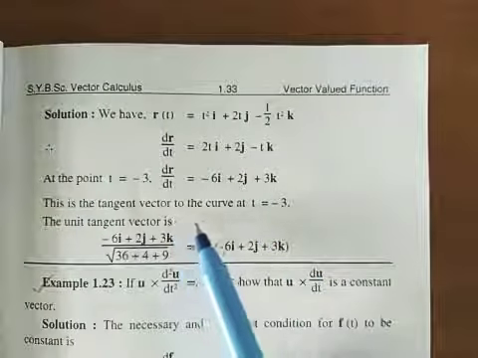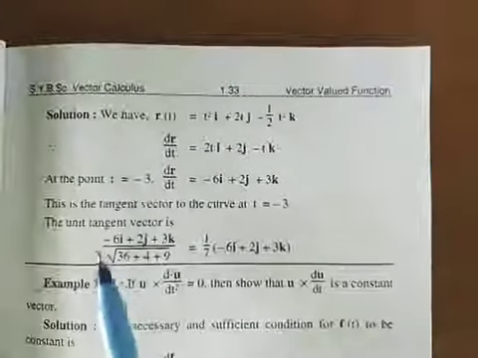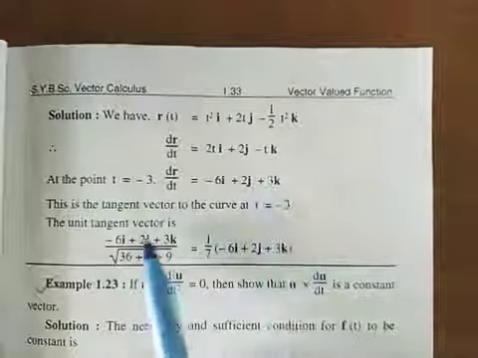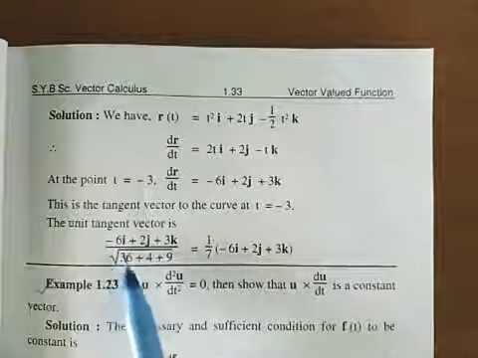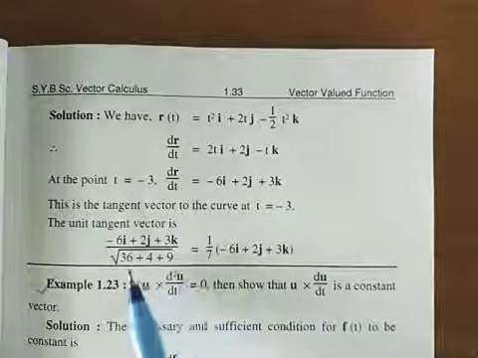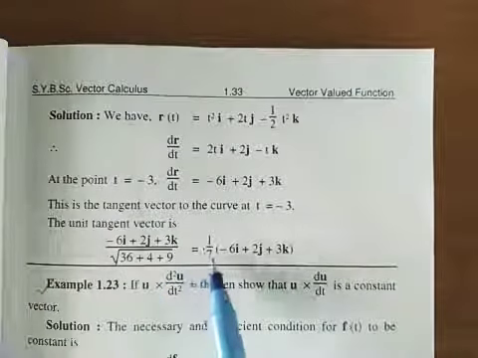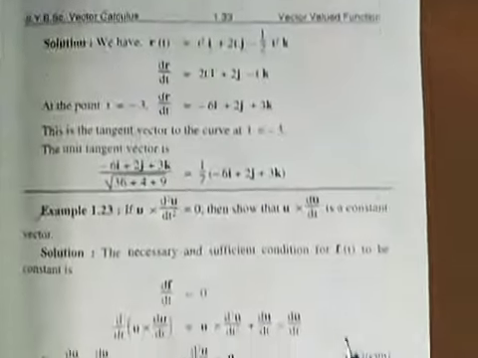This is a tangent vector to the curve at t is equal to minus 3, and the unit tangent vector is this vector upon its magnitude, that is square root of minus 6 square, 2 square, 3 square. So that will be 1 upon square root of 49, that is 1 upon 7 times this given vector. Another example is,